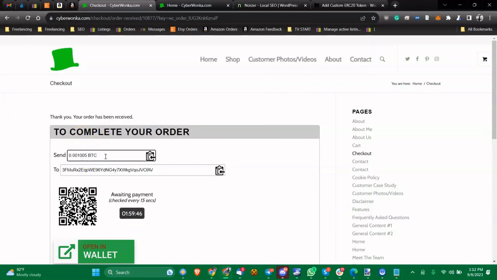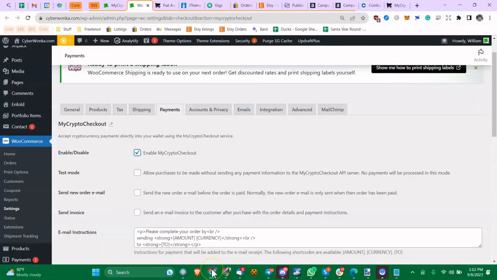So what I'm going to do, I'm going to go into Trust Wallet on my phone, which is another crypto app that I have, where I have some Bitcoin. And you can't see this because it's going to be on my phone, so I'm going to pause it. I'm going to send 0.001005 Bitcoin to this address, which again,